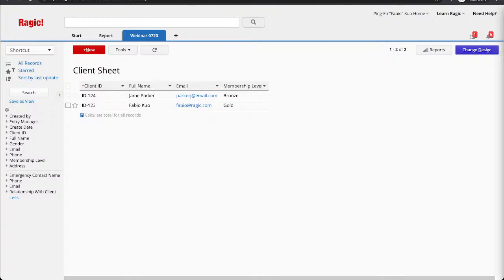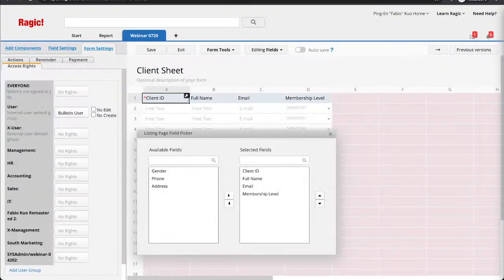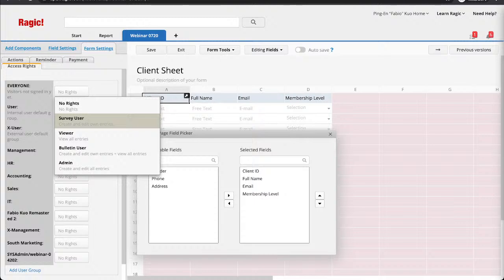For example, if I'm just going to say that you can register as a client by yourself, what you need to do is go to form settings, go to access rights, go to everyone, visitors who are not signed in yet, change the access rights right here, and make them survey users so they can create and edit their own entries.